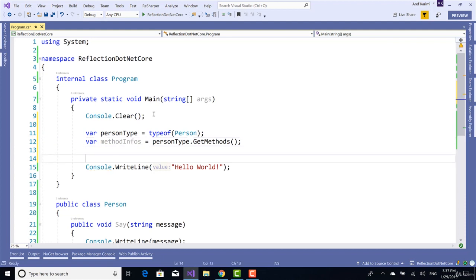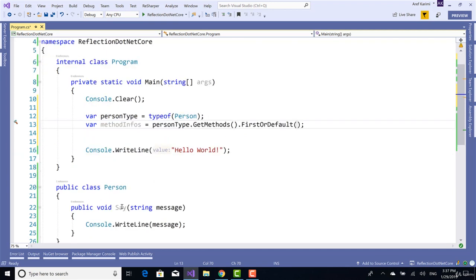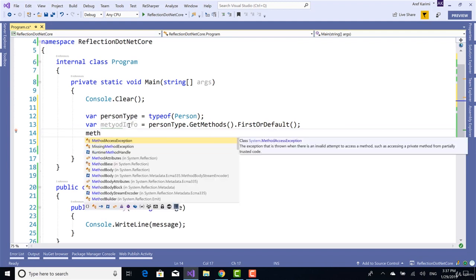And obviously either you can loop over through this, or we can just do dot first or default to get the only existing method, which is this one, say. So let's call this method info instead of method infos, because there will be only one. Now things we can do with this method info